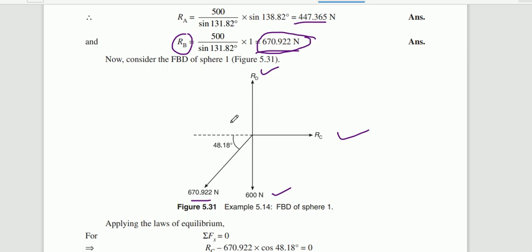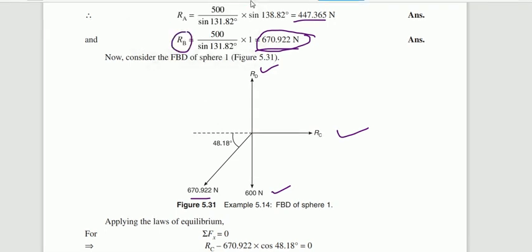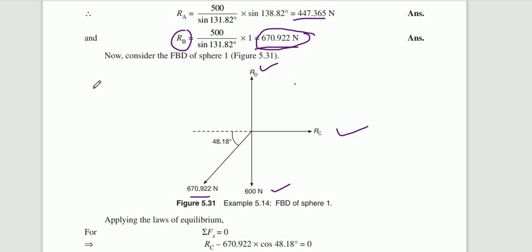No need to calculate the other angles between the other forces because we are going to apply the equilibrium condition here. Four forces are there. We can't apply Lami's theorem, so we are going to apply the equilibrium condition. What are the equilibrium conditions? Summation of horizontal forces is equal to 0 and summation of vertical forces is equal to 0. Now only one inclined force is there. You have to resolve this inclined force. What is the horizontal component of this inclined force? What is the horizontal component?